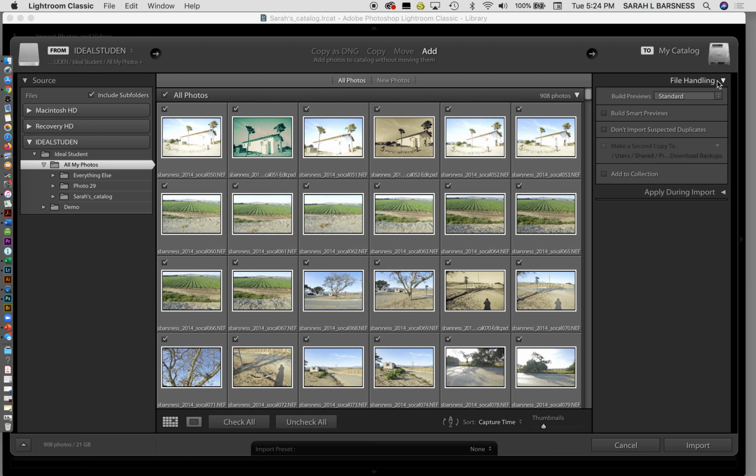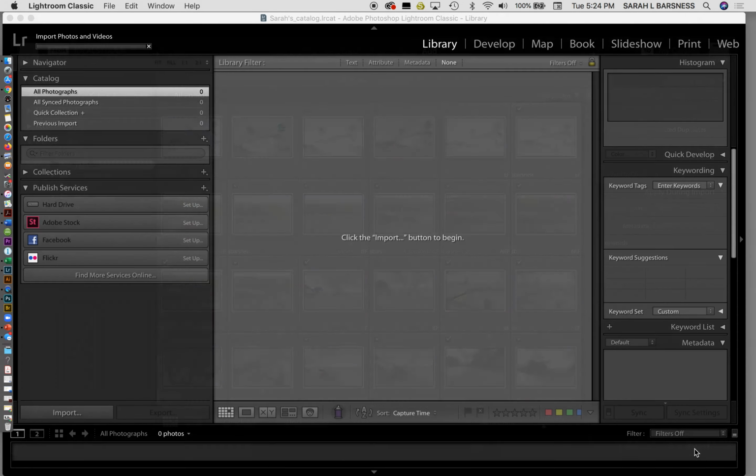Don't worry about this button for now. This is file handling. There's a couple of different areas that come up here. And you notice here, we just have the two windows. In the next video, you'll see there's another option, but right now it's very simple. You don't need to worry about any of this now. Later on in the semester, I'm going to show you how to use some of this, but it might be handy to just click on Don't Import Suspected Duplicates. I usually keep that on all the time, and I think you'll see why. Then we click the import button